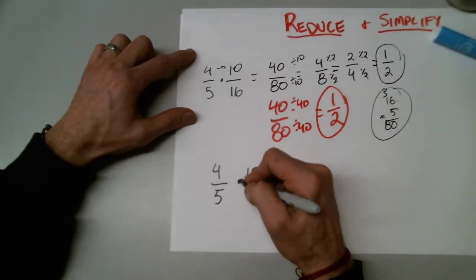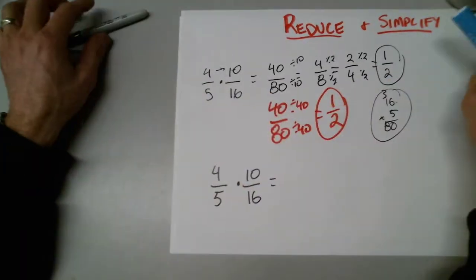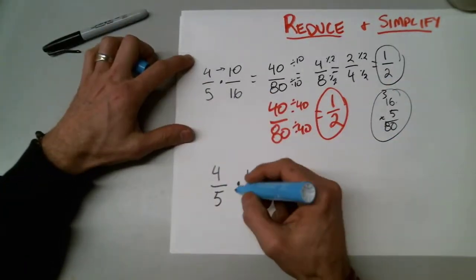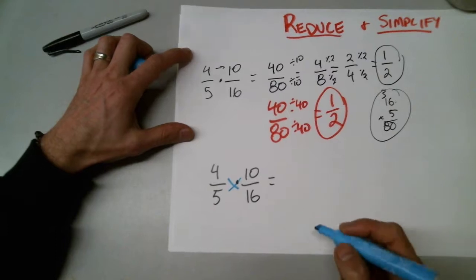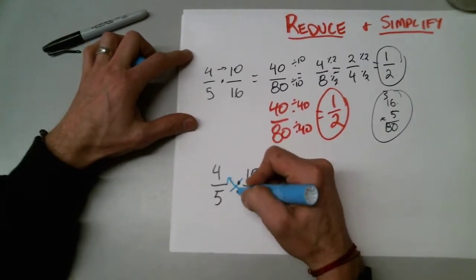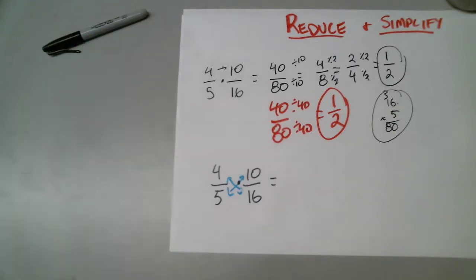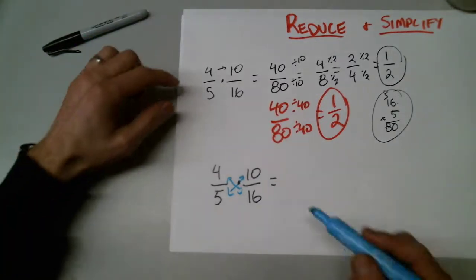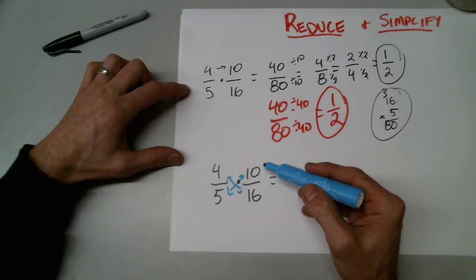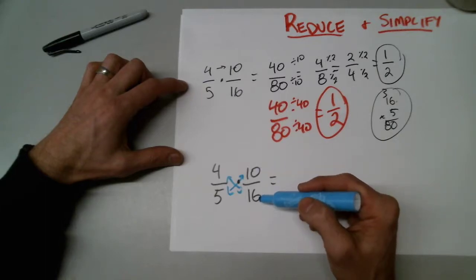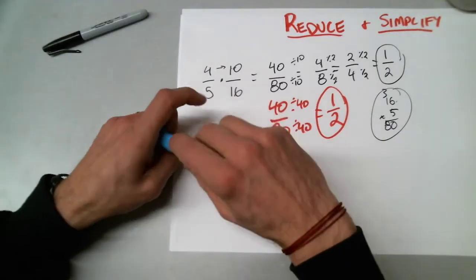There's something called cross cancellation. This only works when we're multiplying. So cross cancellation means that any number on the top can be reduced by any number on the bottom. Doesn't necessarily have to be in the same fraction. Now in this one here, so we have 10 and 16. Well, 10 sixteenths, if that was an answer,